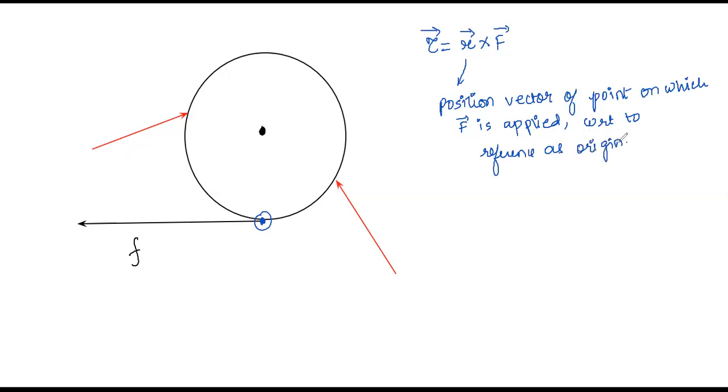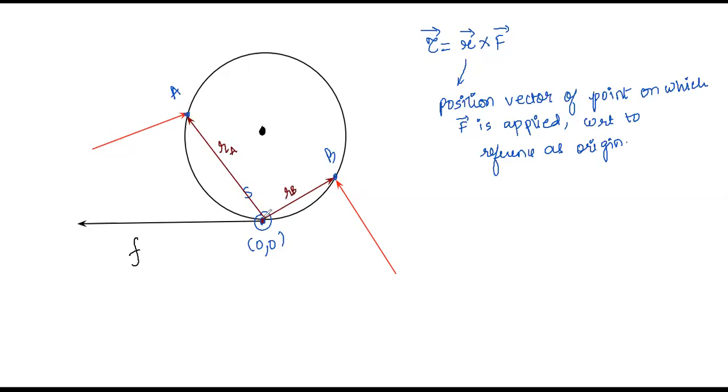Now, tell me one thing. Let's talk about 3 points: A, B, and this point which is touching the surface as S. How will you find out? First thing is decide your origin. So we have decided origin as point of contact. Now with respect to this point of contact, I will draw position vectors. Let us name them as RA and RB.